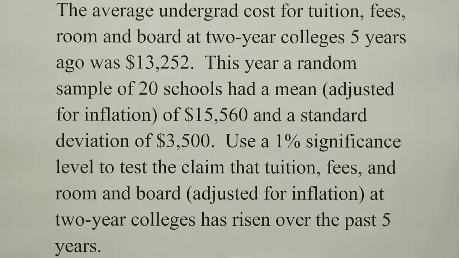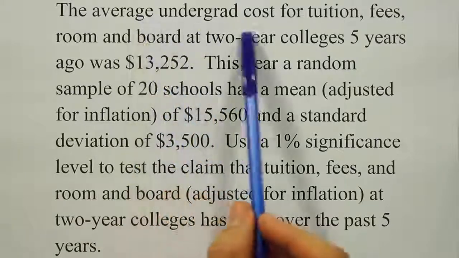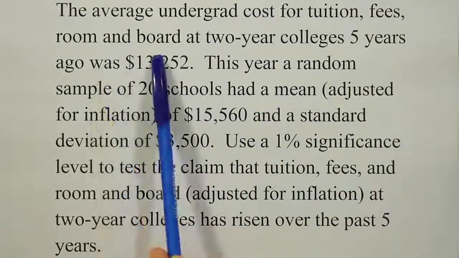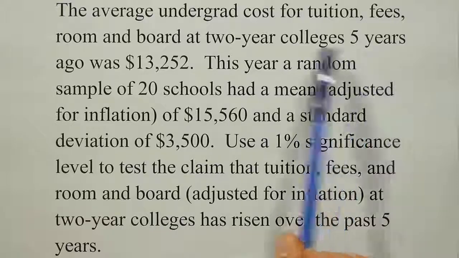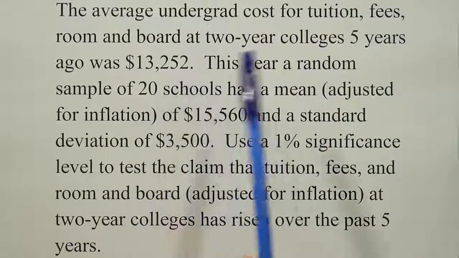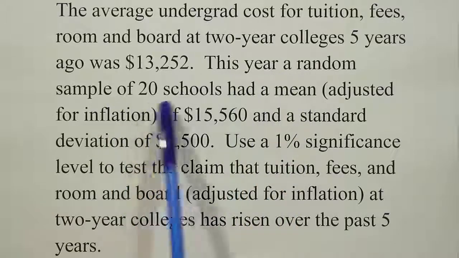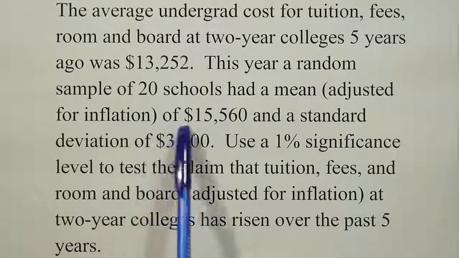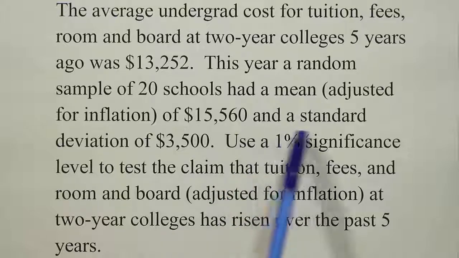In this problem, we're going to use the graphing calculator to conduct a t-test. So let's read the problem together and see what they're asking us to do. It says the average undergrad cost for tuition, fees, room, and board at two-year colleges 5 years ago was $13,252. This year, a random sample of 20 schools had a mean adjusted for inflation of $15,560 and a standard deviation